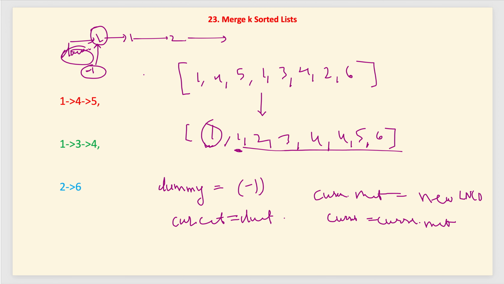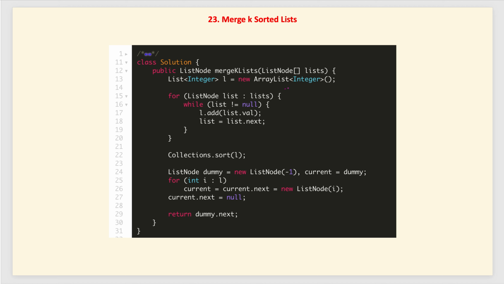You can pause the video and try to implement it yourself. So what will be the time complexity of the solution? Here I have written down the code. First we added all the elements into this list of integers. Then after that we sorted in the second step, and in the third step we created the linked list from all the integer elements from our list. So using this dummy node over here, and then current started from dummy, then updated this. So these are 2 lines which represent current dot next equals new ListNode of i, and then current is equal to current dot next. We can write it in 1 line as well in Java, and maybe in your programming language if it is not possible, then you can divide it into the 2 lines.